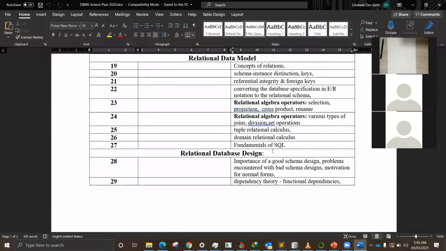For example, when we do indexing, whatever we studied so far in the relational data model, relational algebra queries, and SQL, we are now going to switch completely to a different module, database design. And transactions again have no link with database design and data models.